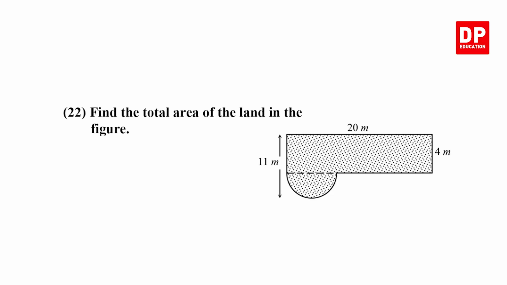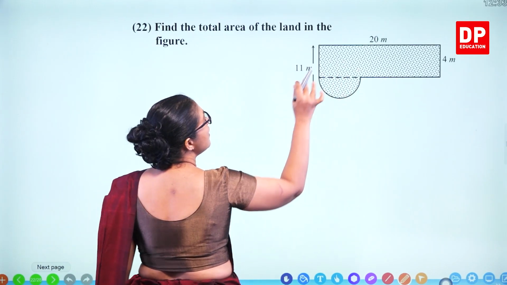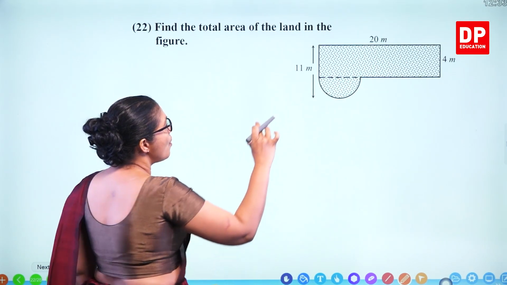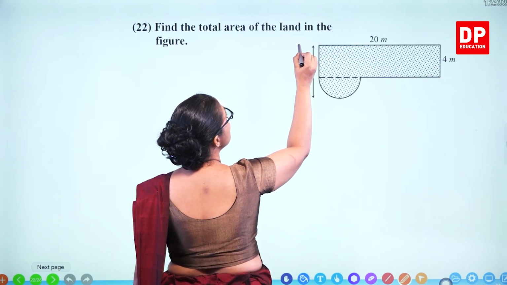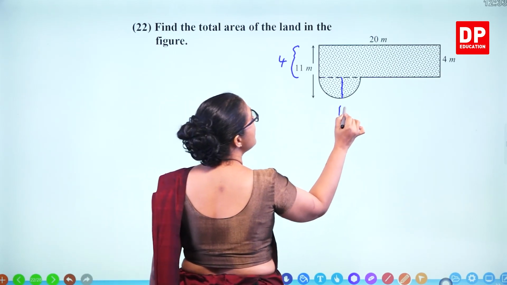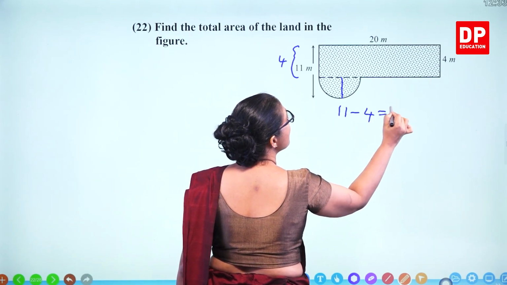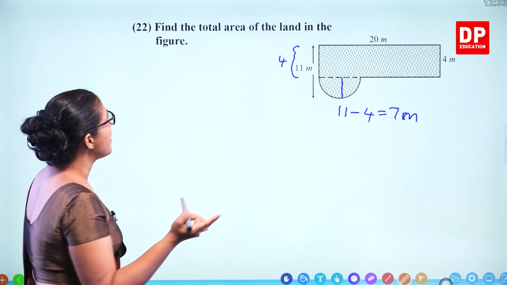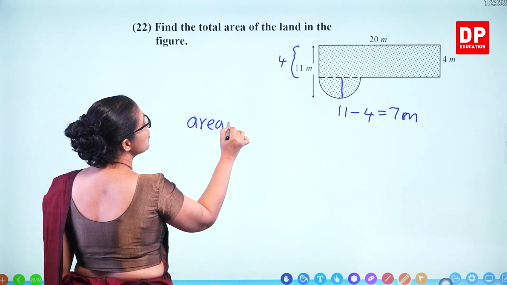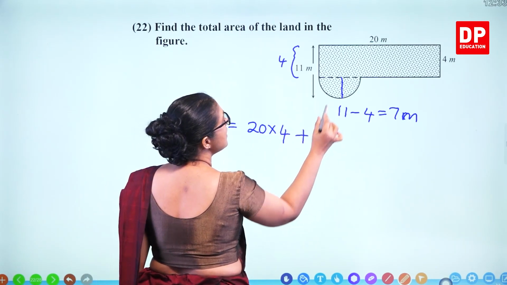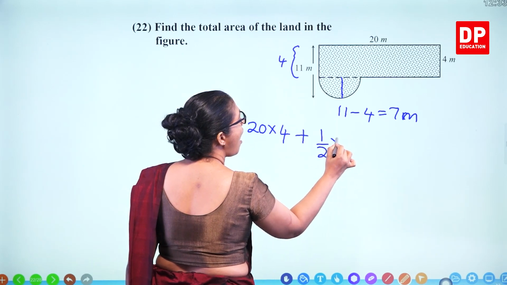Question number 22. Find the total area of the land in the figure. So total area: area of the rectangle plus area of the semicircle. Now, the whole length is 11. This is 4. So what is the radius of the circle? 11 minus 4, that's 7 meters. So you can find out the area. So total area is equal to area of the rectangle, 20 times 4, plus area of the semicircle, half